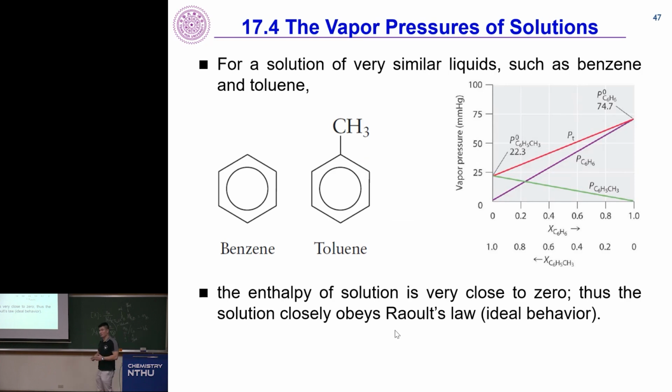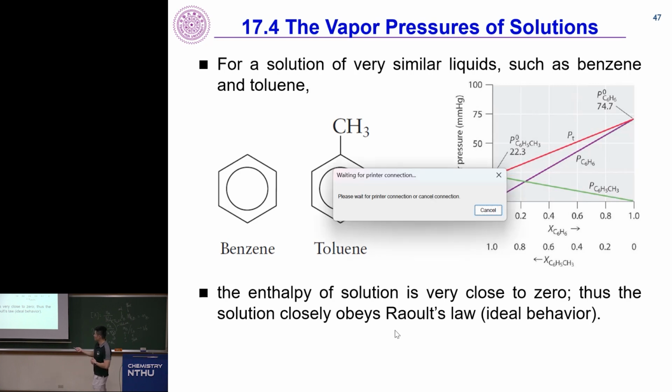And lastly, when do you have ideal behavior? That is when the interaction in liquid A, the interaction in liquid B, and the interaction in the solution are almost the same. So for a solution of very similar liquids such as benzene and toluene, you are going to have ideal behavior. That is, the enthalpy